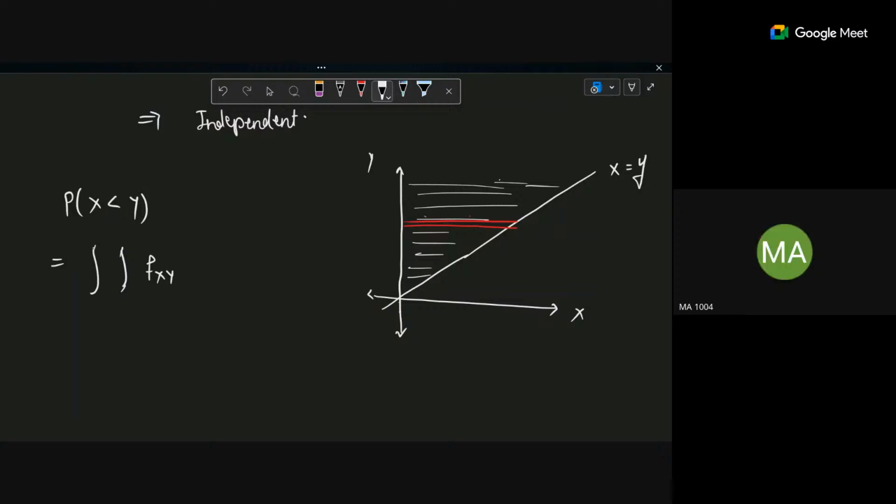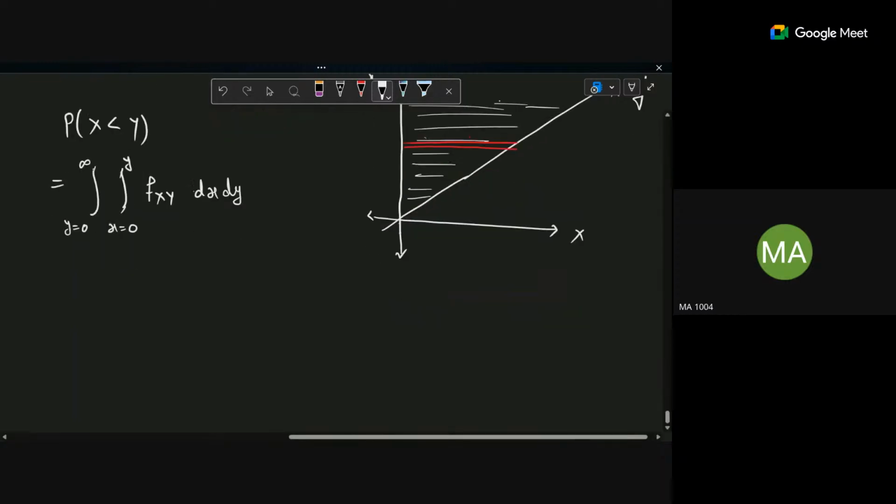So f(x,y) dx dy or dy dx, which do you want to take? Dx dy, ma'am. Outer integral 0 to infinity, that is the limits of y. Okay, and what about x? 0 to y. Okay, very good. Now the part is to solve it, right? So the integral 0 to infinity, integral 0 to y of e power minus x minus y